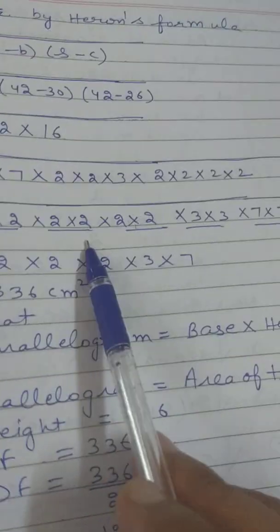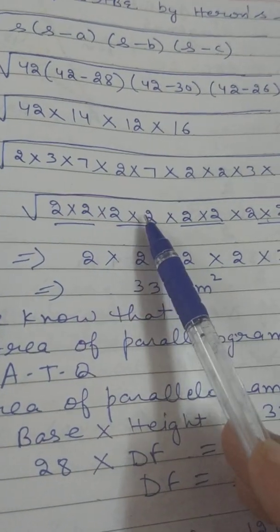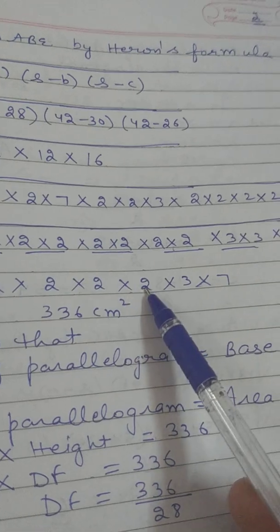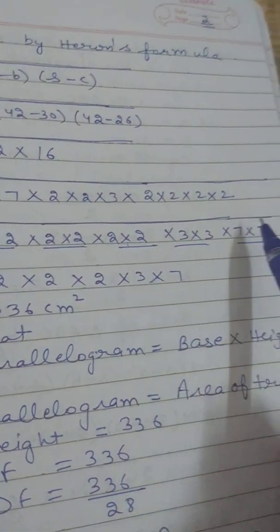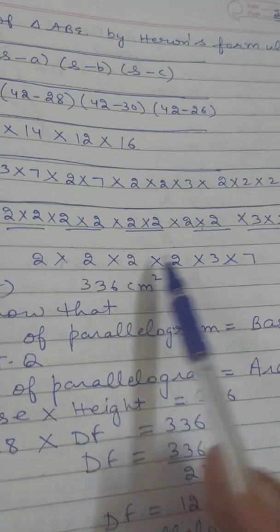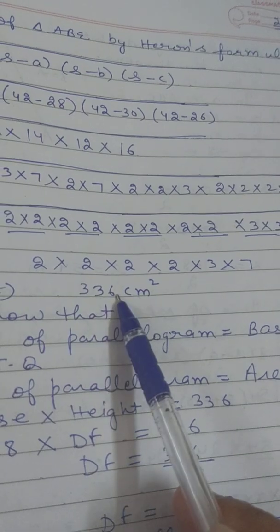Now make pairs of 2, 3 and 7. We form four pairs of 2 into 2, giving 2. We form a pair of 3 into 3, giving 3. We form a pair of 7 into 7, giving 7. So 2 to the 4, 4 to the 8, 8 to the 16, 16 to the 48, 48 into 7, 336